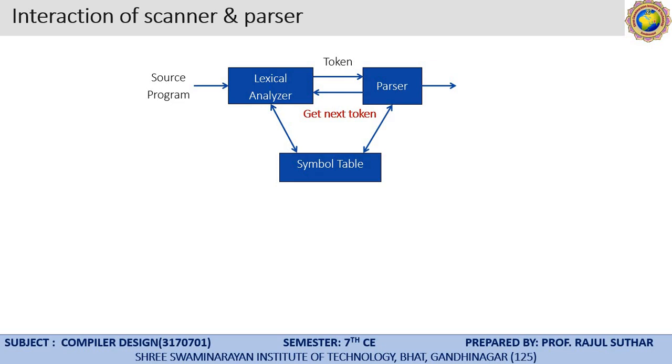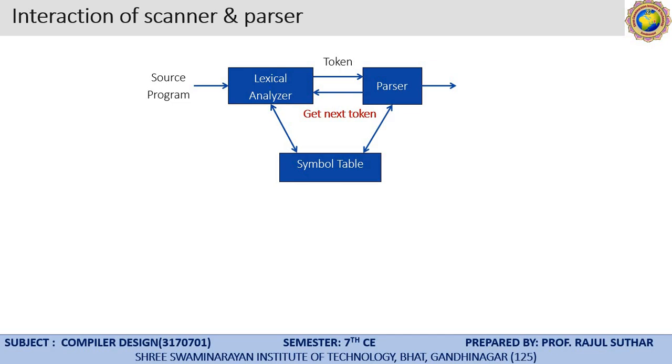In addition, the lexical analyzer also performs certain secondary tasks like removing the comments and white space, like blank space, tab, and newline characters from the source program. It is also given the responsibility of making a copy of the source program with the error messages. Each error message may also be associated with the line number. So it generates the symbol table, which stores the information about the identifier.